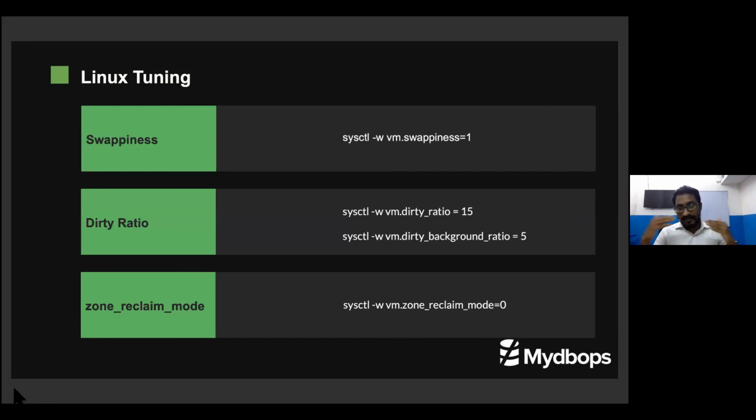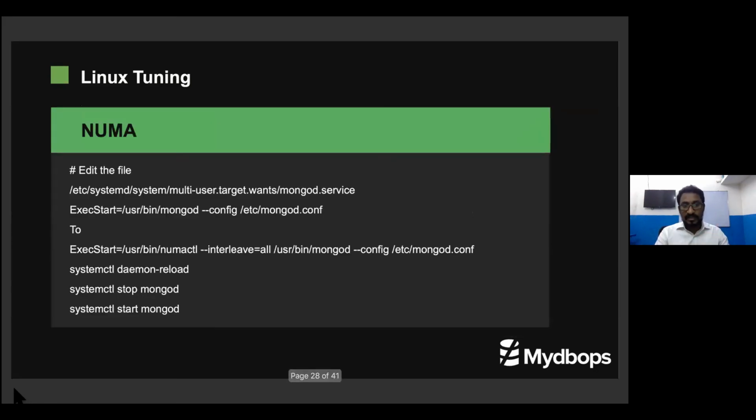Because nowadays everyone is using a cloud environment, and even in a data center model they are using SSD only. In the SSD model, for flushing data from dirty pages, from memory to disk, you can set the dirty page ratio to 15 and 5. I'm not going to talk more about what the parameters are and how they work, but these are the parameters I recommend you use in standardizing your MongoDB.